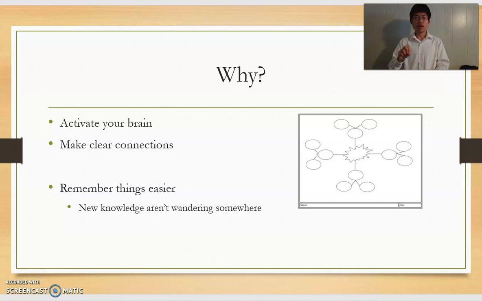Same thing when you learn something new. It doesn't have to be about khaki pants. It could be knowledge. When you learn something new, you put that information into your brain and make a label, and that's when you make connections. That's what you're doing right now, making connections, making a label, so when you try to take it out, you can easily take it out. And that's the third bullet: remembering, recalling things easier.